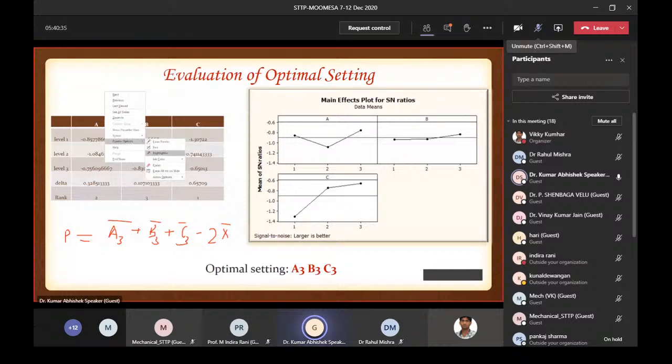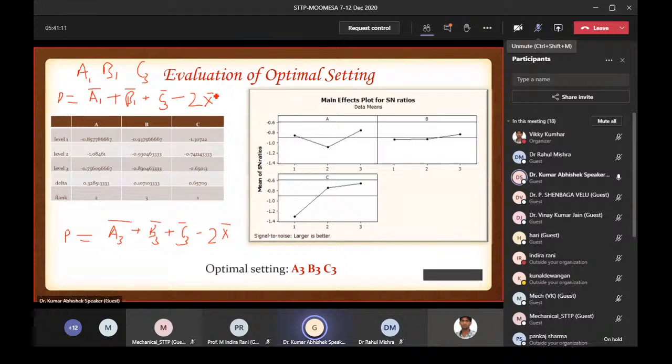जस्ट सपोज आई हैव टू फाइंड फॉर द A1, B1 एंड C3, सपोज करो। तो मैं कैसे फाइंड आउट करूंगा, मैं प्रेडिक्टेड एसएन रेशियो का पी वैल्यू फाइंड आउट करूंगा, A1 की मीन वैल्यू प्लस B1 की मीन वैल्यू प्लस C3 की मीन वैल्यू माइनस 2x, दैट इज द एवरेज एसएन रेशियो फॉर द कंप्यूटर। और इससे मेरे को प्रेडिक्टेड एसएन रेशियो कोई वैल्यू आ गई, सपोज करो कोई भी आ गई